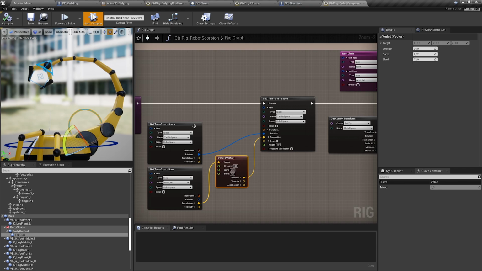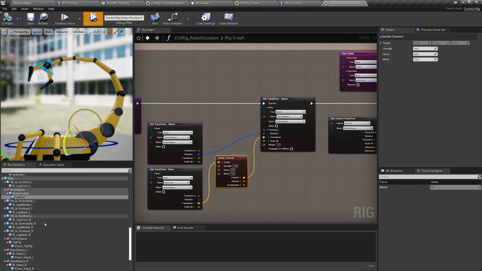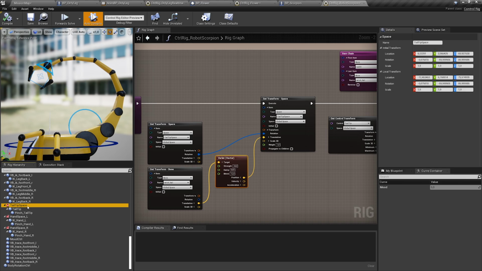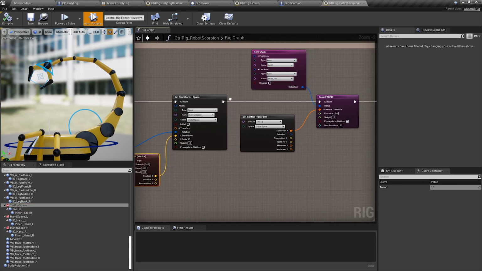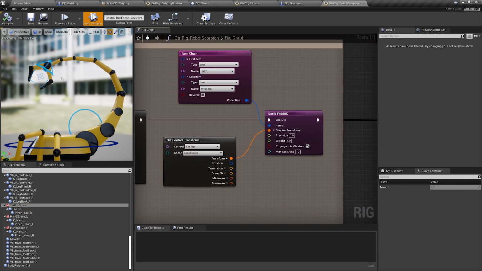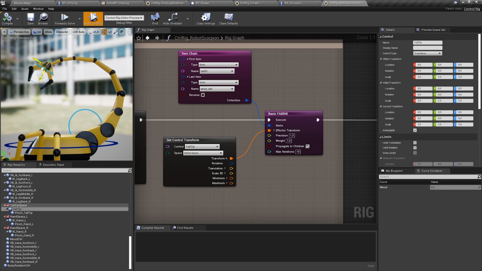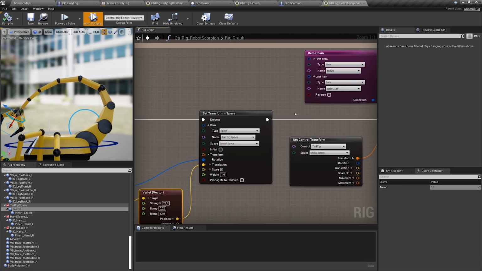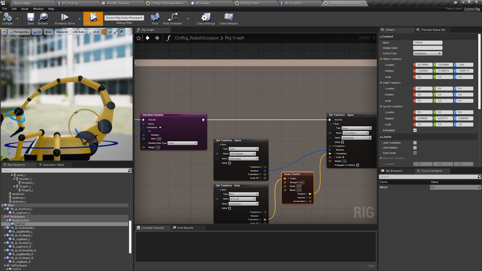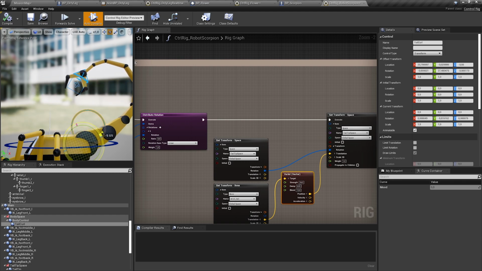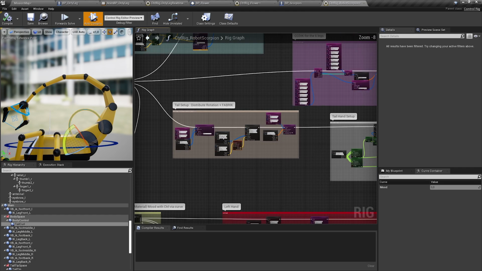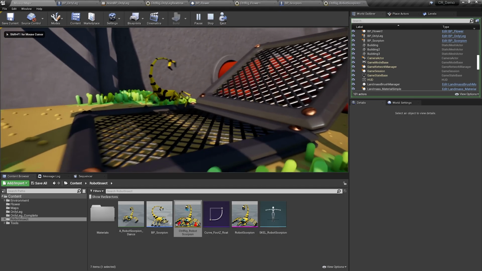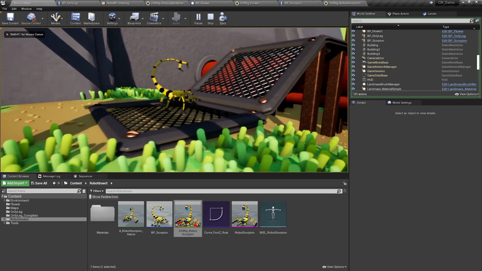So if you take a look at the hierarchy, I have the space I'm moving around, and then in that space, I have another control. And this control is an effector of a basic FABRIK. So what I can do now is I can move him here, and then I can go back to the distributed rotation one and do something like that. So here you can see how powerful Control Rig can be, especially with the order of execution. And as a result, I have a character that's extremely responsive to players' input.